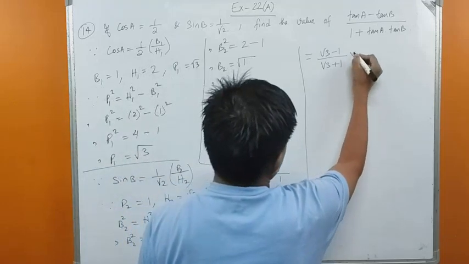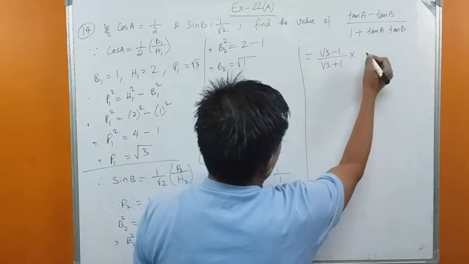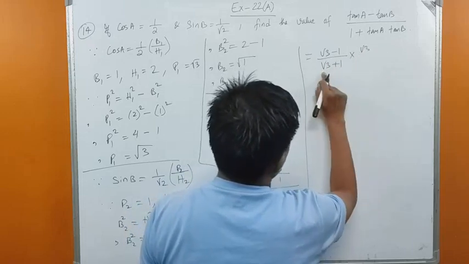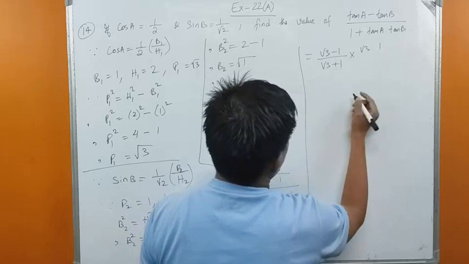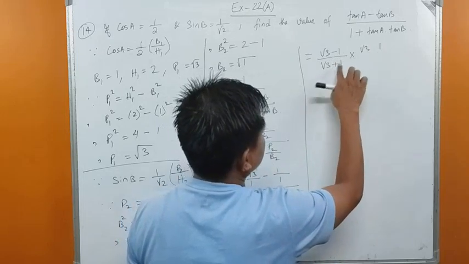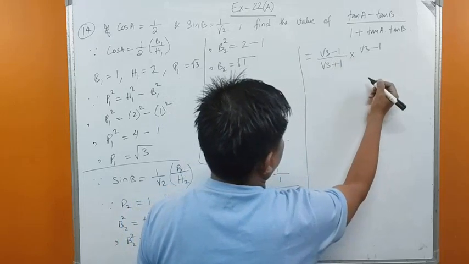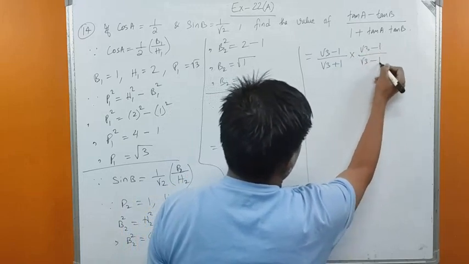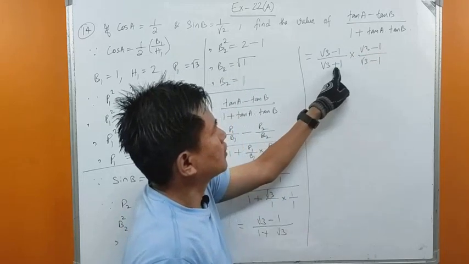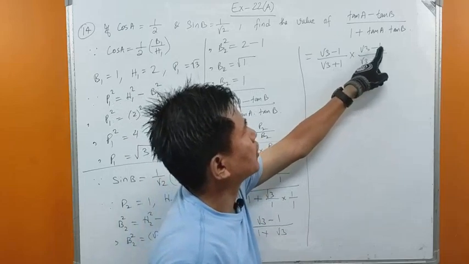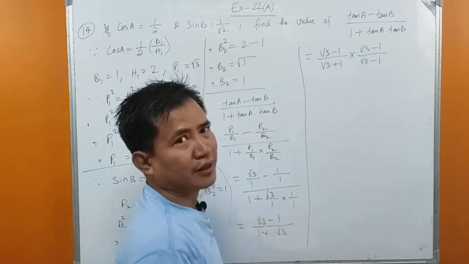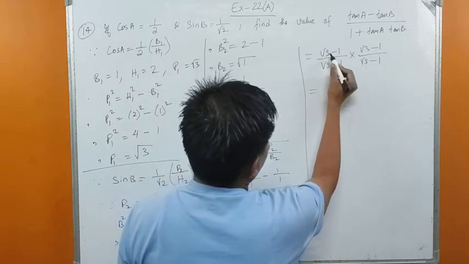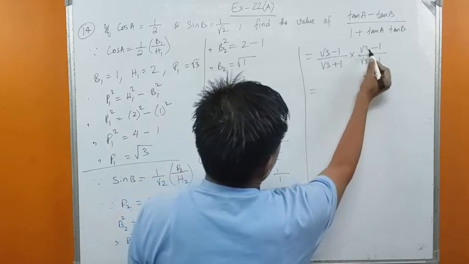So let us rationalize this number. So how do we rationalize this? We write the same number, root 3 and 1. Now here if we have a plus sign, we write a minus sign, multiplying and dividing by root 3 minus 1. If this was minus 1, then we would write root 3 plus 1 upon root 3 plus 1. Are you getting me? Now in the numerator we have root 3 minus 1 into root 3 minus 1,